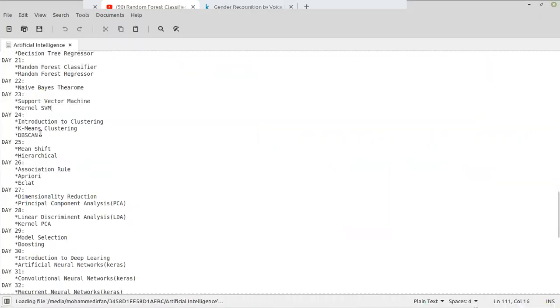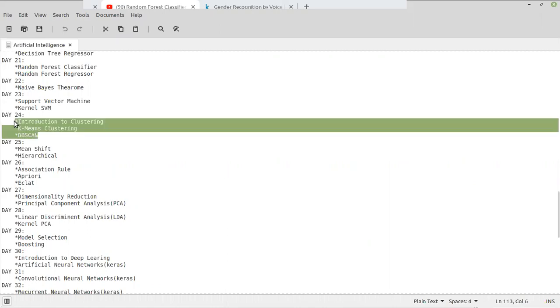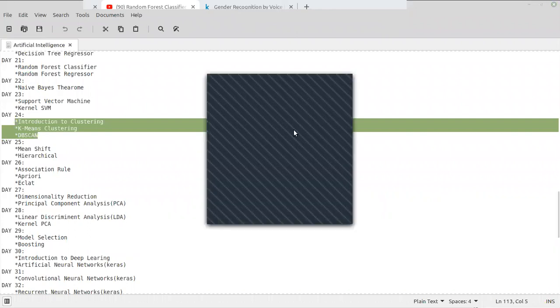Yeah, here. So tomorrow will be clustering algorithms. We'll start clustering. That is actually unsupervised learning.